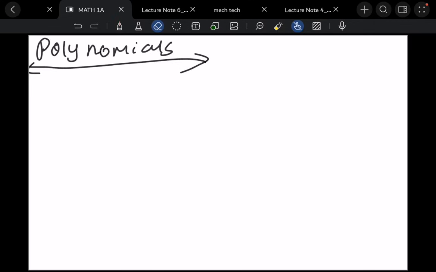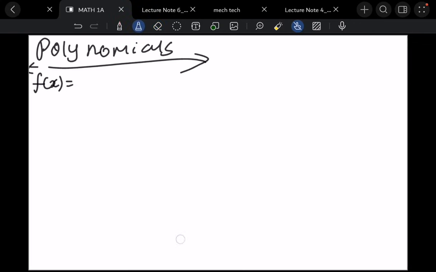Let us look at polynomials. Polynomials are algebraic terms which consist of two or more terms inside. So a polynomial is given by